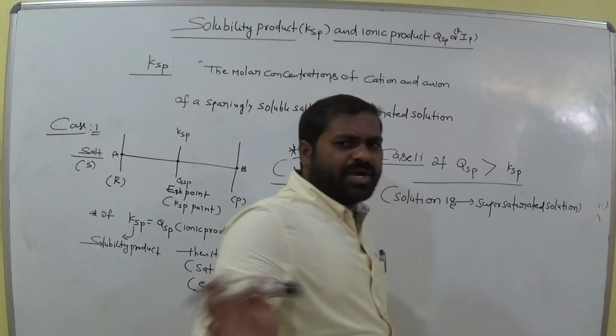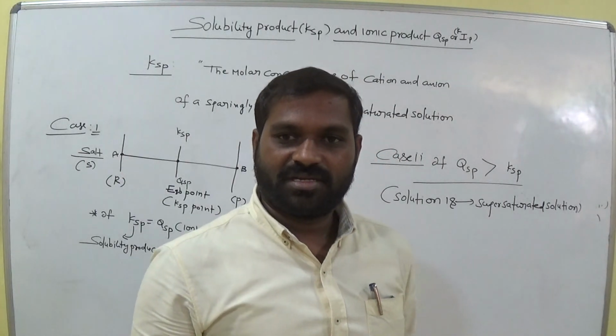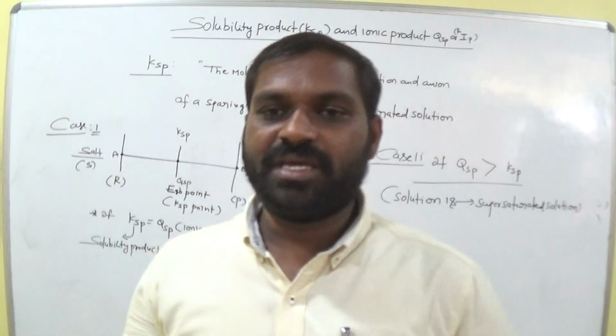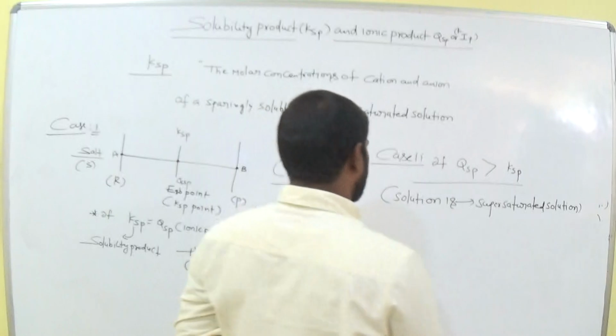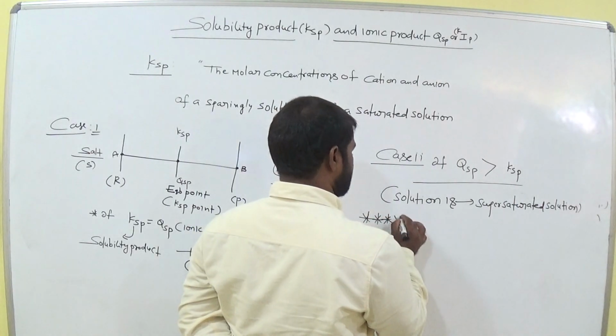That means more solute is dissolved than in the saturated condition, so the solute remains as PPT at the bottom of the glass. That means precipitation takes place, clearly. So the most important point is that in this case,